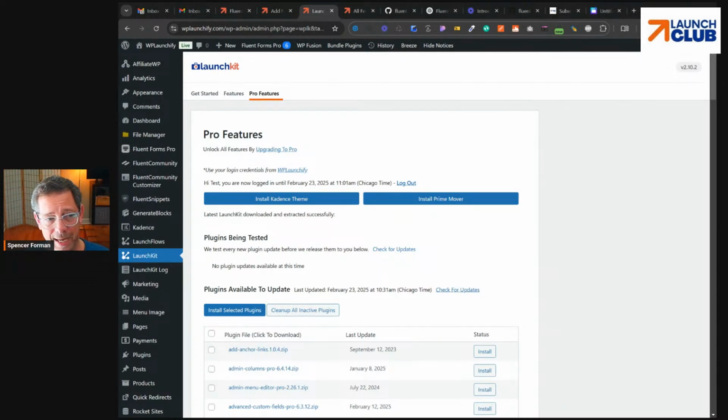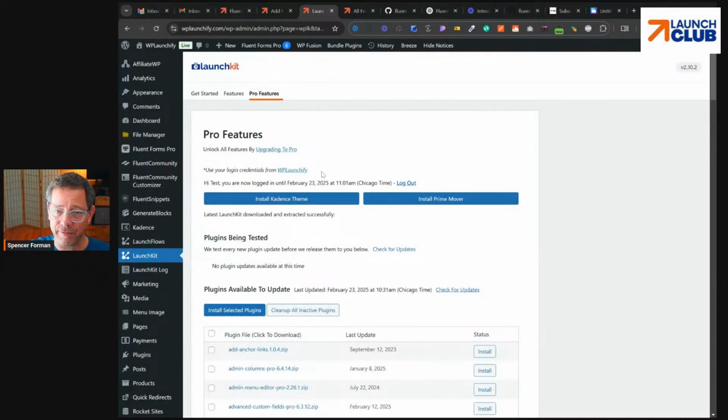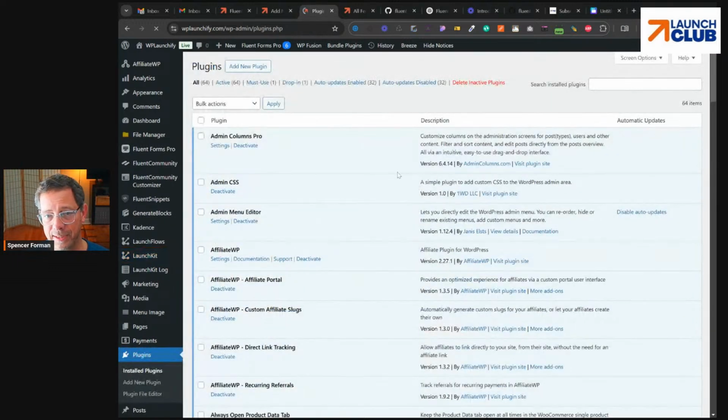But what bothers me is that this login should probably be up in the top. And these features here with the updater, I want to integrate natively, which I'm going to see if I can do today, with the normal plugins menu, so that if you go back over to the plugins menu, you'll be able to interface with the latest stuff that you can get as part of your software bundle and install it here instead of having it in a different interface.